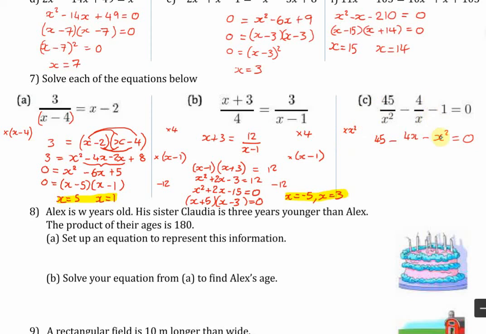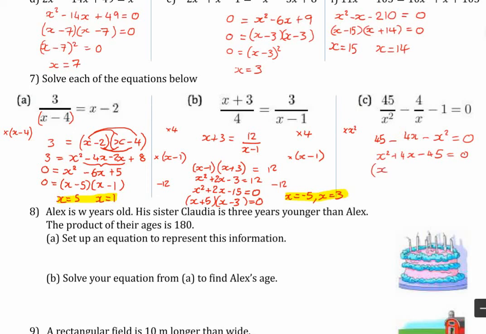I'm just going to rearrange this now to make it a positive x squared so that it factorises easier. And to do that, I'm going to move this x squared over to the other side of the equal sign, so it's going to become positive x squared. I'm going to move everything over to the other side of the equal sign, actually. Basically, swapping sides here. So positive x squared, everything's going to change sign. This is going to become plus 4x, and that constant is going to change to a negative 45,